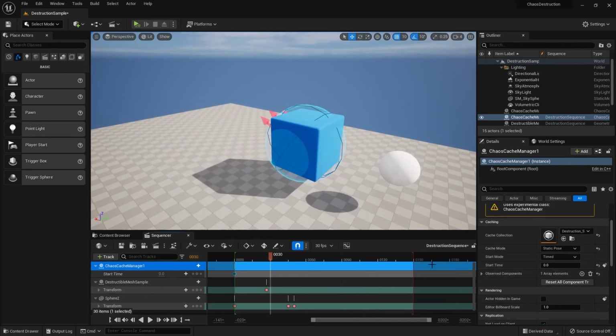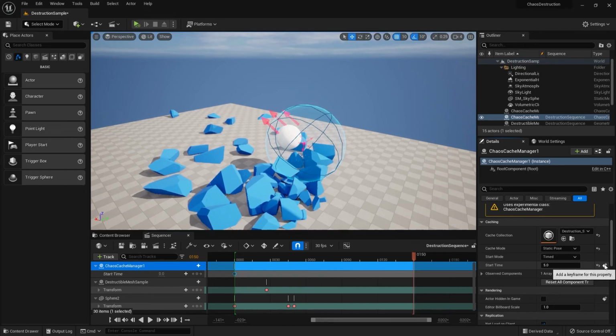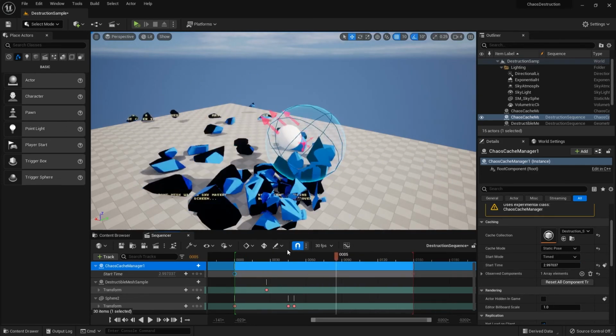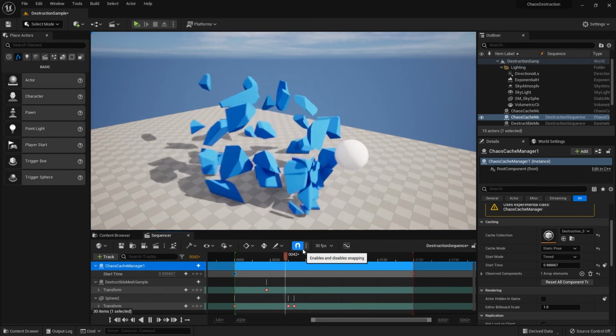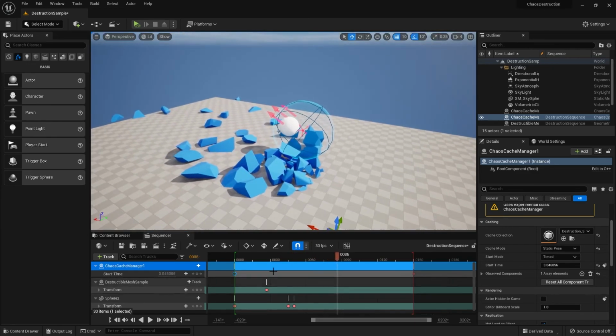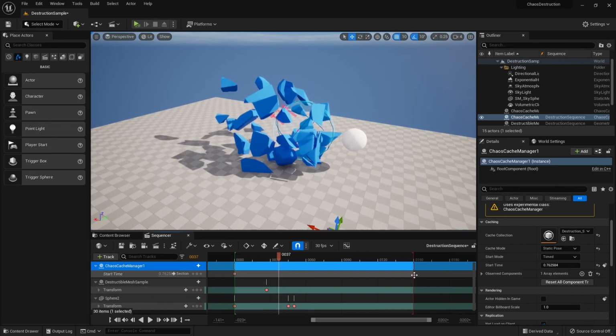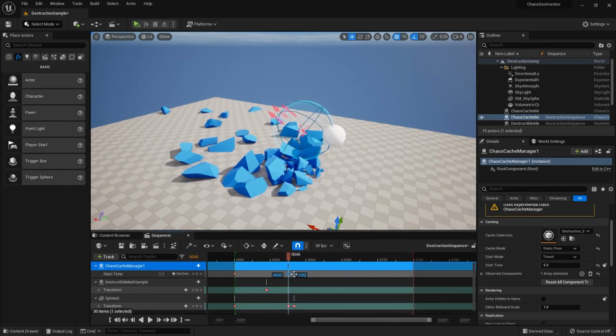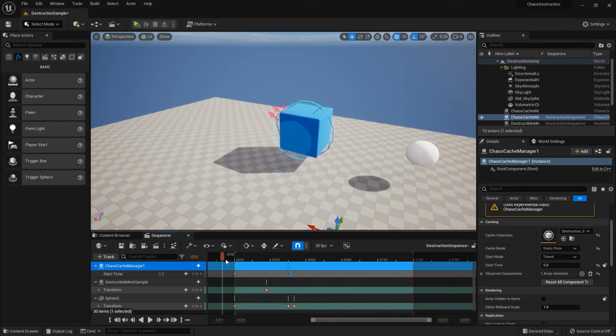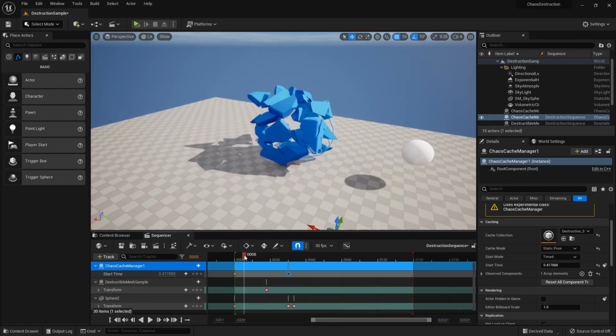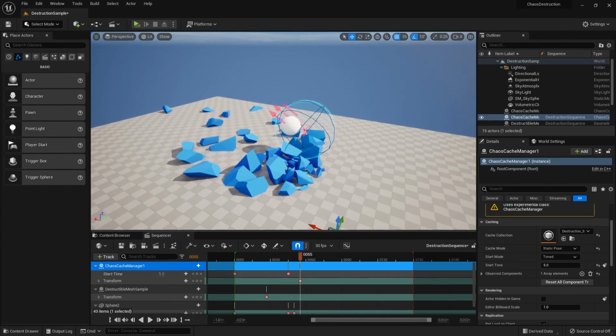The timing is from 0, which is 0 seconds, and it goes by seconds, so if you do 1, it will be 1 second. Let's say this sequence is 5 seconds, because 150 divided by 30 is 5. So if I go to 150 here and key the start time as 5 seconds, it will play the whole 5 seconds of the recorded time, like so. And if I want to change the timing, I can drag the keyframe around to slow down or speed up the fracture. Let's put the keyframe here, and if I play this, you can see that the fracture speed is a lot faster than before.